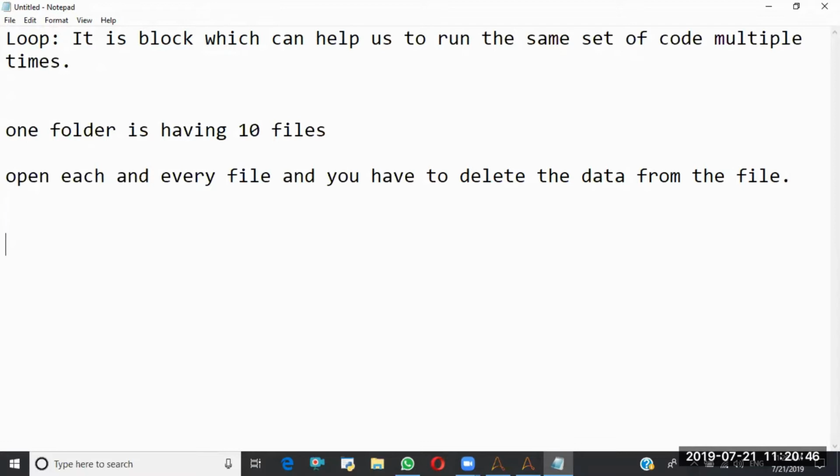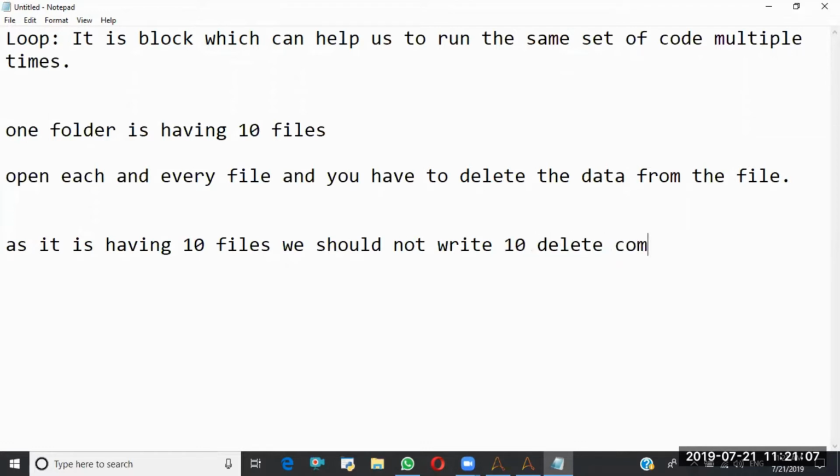As it is having 10 files, we should not write 10 delete commands, but we need to run the same, single delete command 10 times.